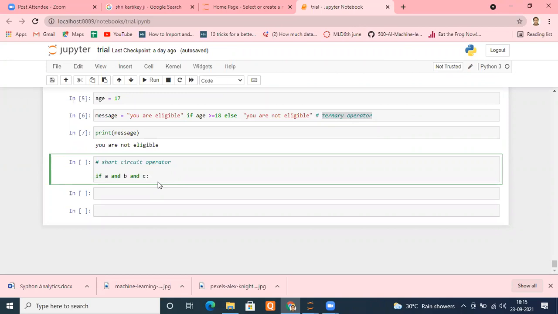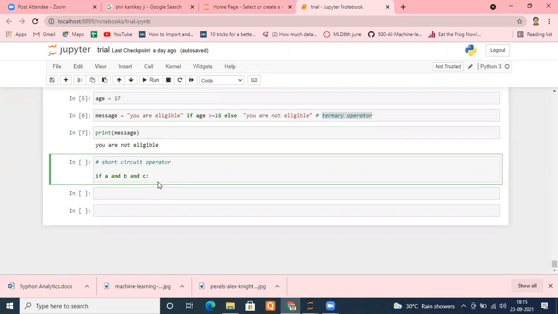Right? This is known as short circuit operation, meaning depending upon which operation you are using, it evaluates whether we need to check B or C. If A is true, definitely need to check B and C both. Suppose A is true, I have to check B. If B is true, I have to definitely check C. But if A is true and B is not true, then B is false. That means if B is false, it doesn't matter, we don't need to check C, because even if a single one is false, definitely the output will be false. Is it okay with the AND gate, everyone?